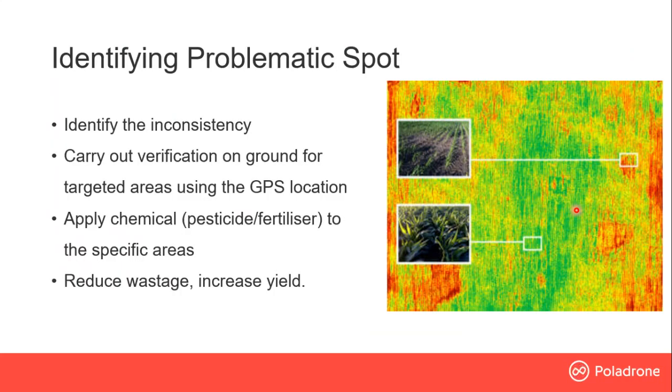And then once you use the NDVI spectrum camera to identify the problematic spots, you get something like this, green and red, where green is the healthy area and red is the problematic one. Once you identify the problematic area, the next step is to send someone to check what is making your crop unhealthy. Is it malnutrition? Is it too much water? Or is it a pesticide attack? From there, you can start to apply chemicals. For example, if it's malnutrition, you want to put more fertilizer. That is how you prevent the problem in your crop and also increase the overall yield.